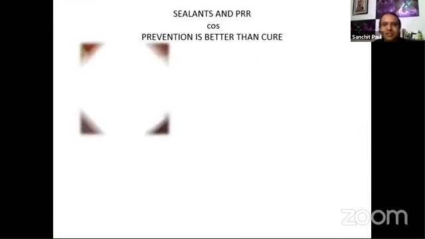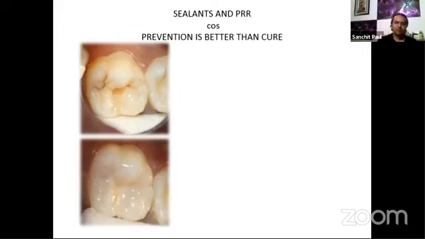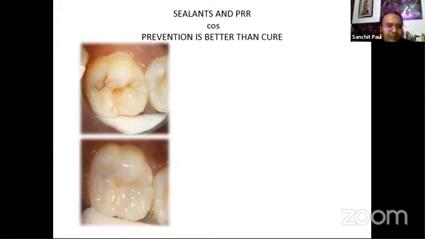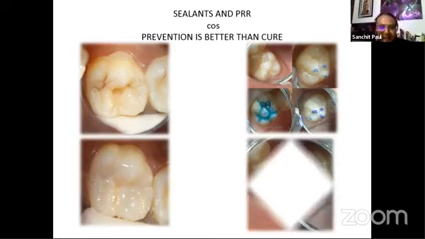The sealant and resin restorations are almost simultaneous and permanent. Again, preventive resin restoration basically means a combination of a restoration of a composite or a GIC, and over that we can put a sealant. And again, in a child with a mixed dentition, when the primary molars are already infected, we would always suggest that the first thing we should do, rather than treating the primary molars, is to actually seal the first permanent molar, because that is the best service we can give to the child in terms of prevention.